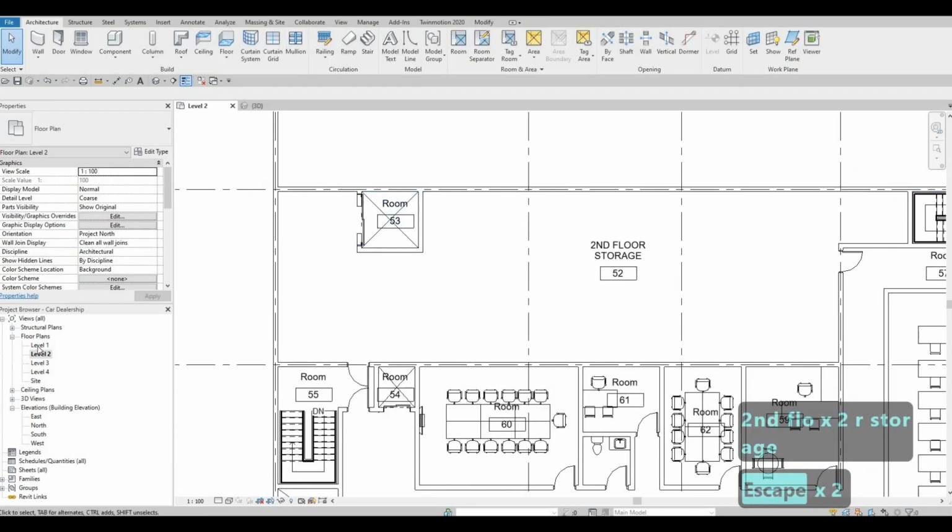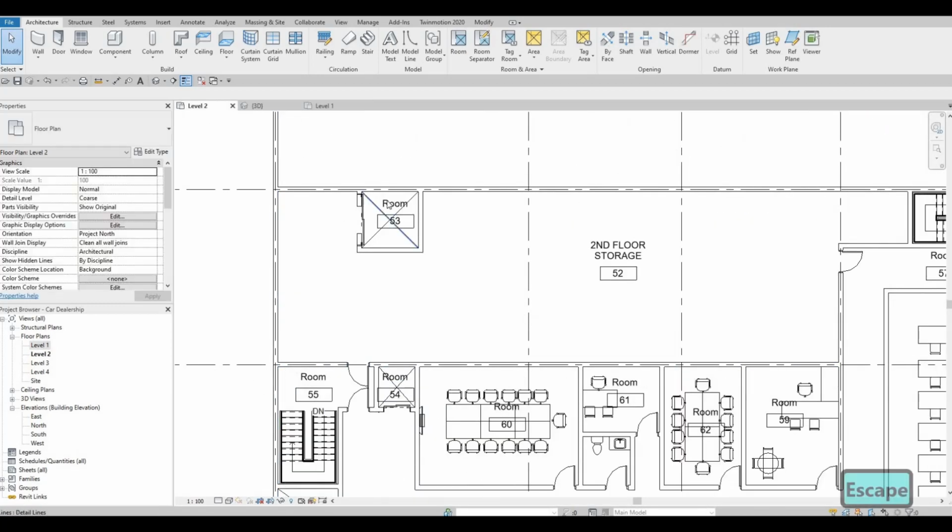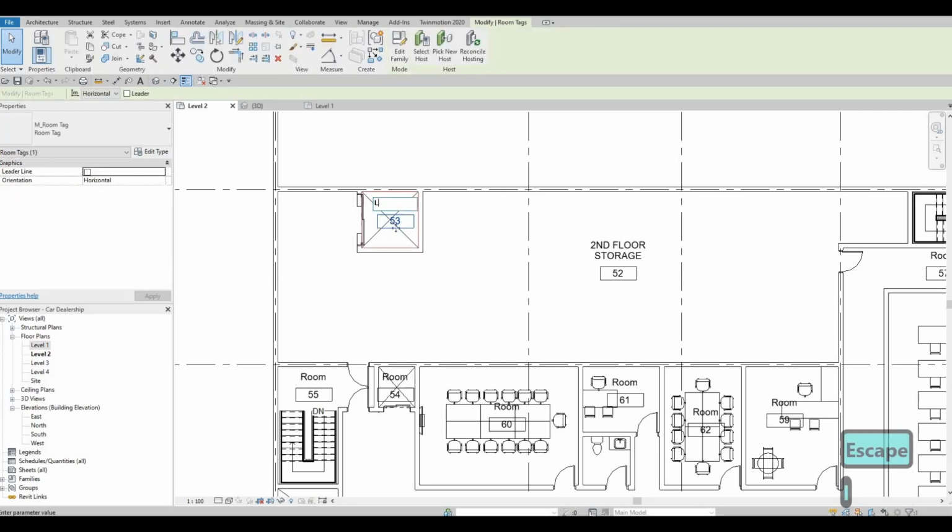This one I forgot if this is the lift 1, lift 2, and then stairs. So this will be lift 1, lift 2, and then this will be stairs 1,